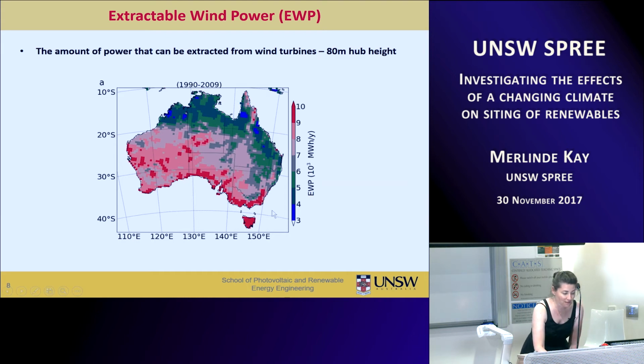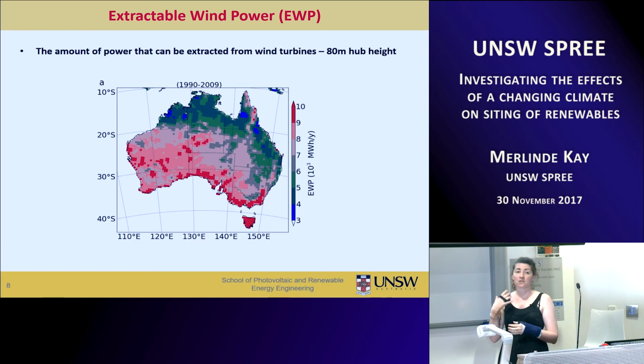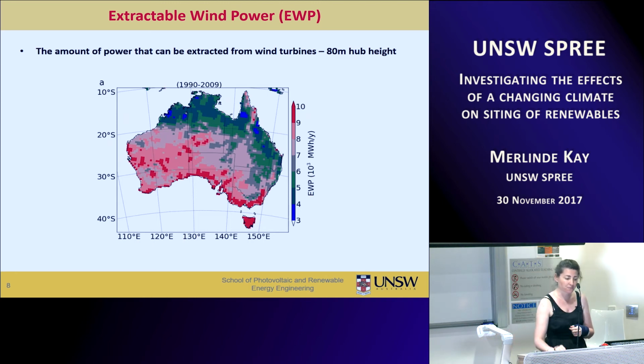So if we have a look here, and if we think about where our wind farms are currently located, over the last 20 years or so, we've got a huge concentration of wind around that South Australia region. We've got wind farms all around Victoria. We've got some amazing sites up in Western Australia. So where a lot of our wind farms have actually been located are ideal sites according to our model, which is a really good indication. We can see there are a few locations in the red which show some really good